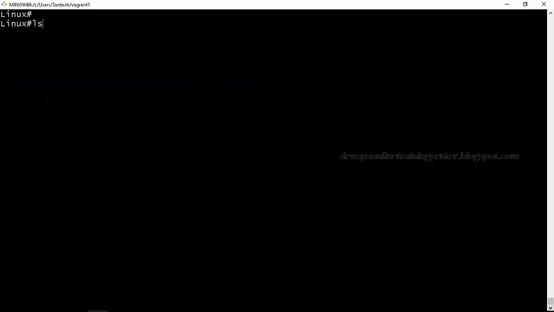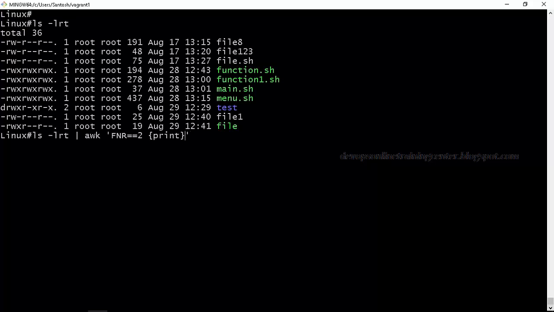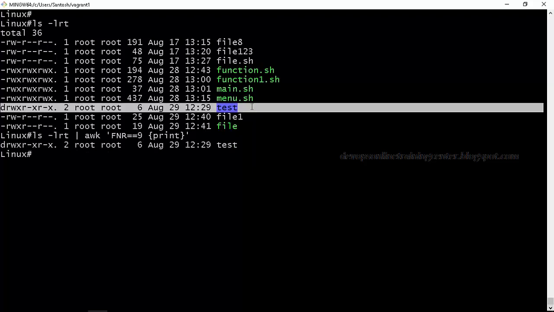So this will print the second row from the entire output. If you want to print, let us say, the last row or the ninth row, so this is the ninth row. It will print based on the output. So either we can extract the row or we can extract the column.